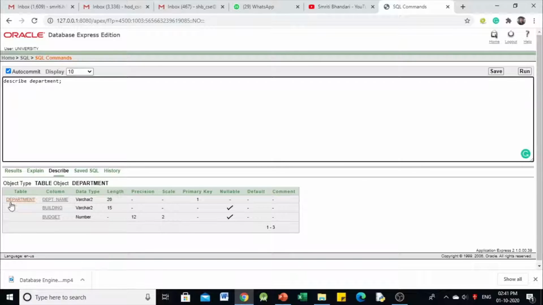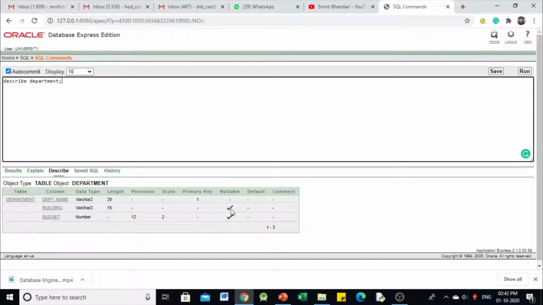So here you are seeing now the table department with these 3 attributes: department name with the data type and the length, right? Department name is the primary key designated, then second attribute is building varchar2 15, and here it is nullable. That means the null values are allowed.